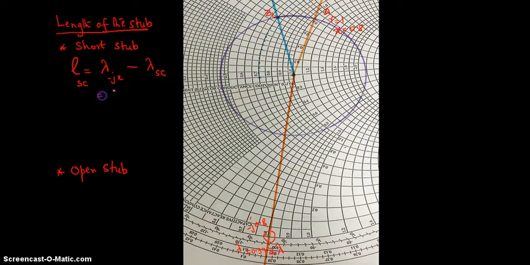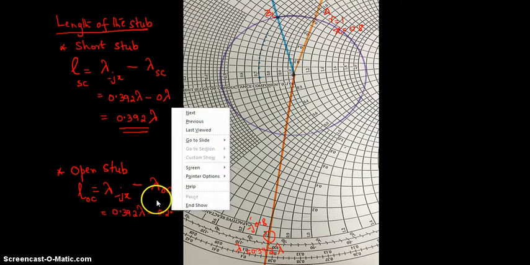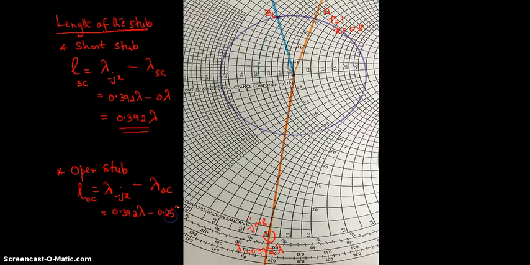For example, here it is 0.392 lambda minus, as we know, the lambda of short circuit is 0 lambda. So the answer is 0.392 lambda. Similarly, the length of an open circuit stub is equal to the lambda of minus JX minus the lambda of open circuit, which is equal to 0.392 lambda minus, as we told before, the lambda of an open circuit, 0.25 lambda, which is equal to